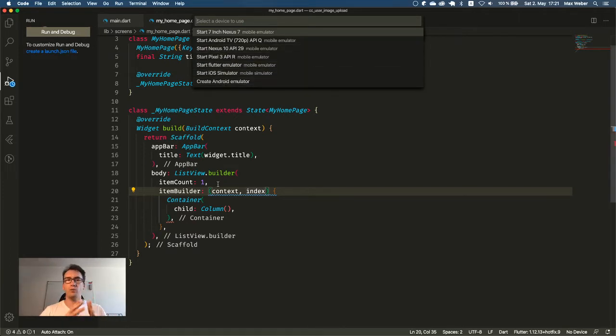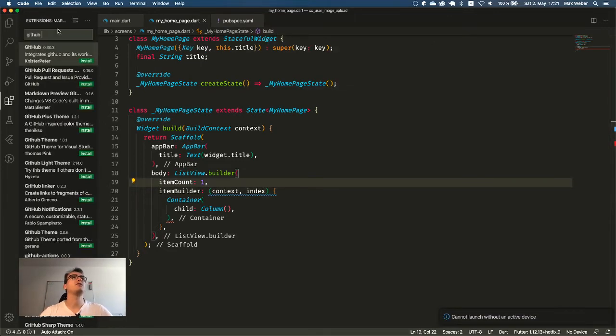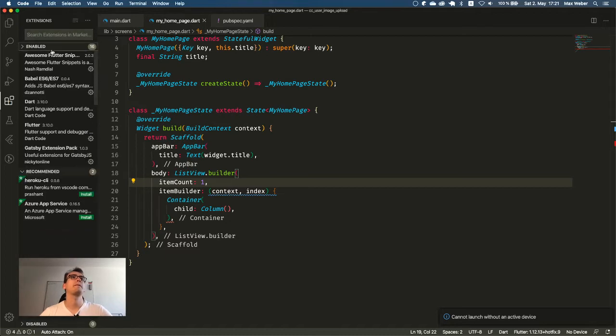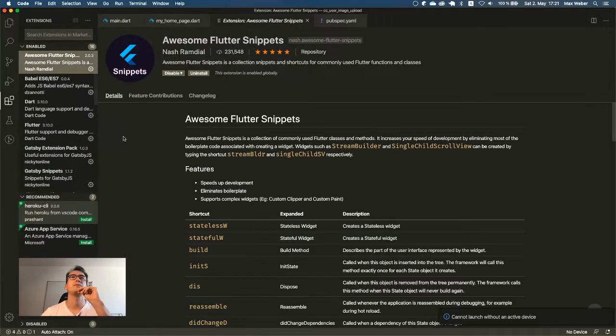Because we are working with web, but I know that web hot reload sometimes has problems. Nash's extension, I think I have Nash's extension. That was Flutter awesome snippets, or where? Yep, this one.